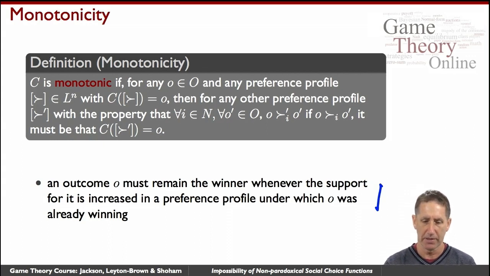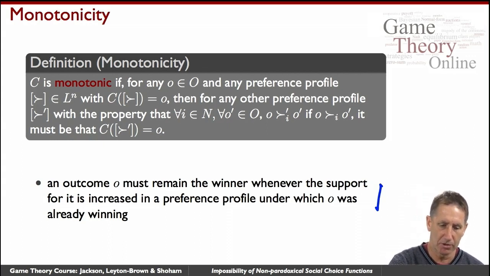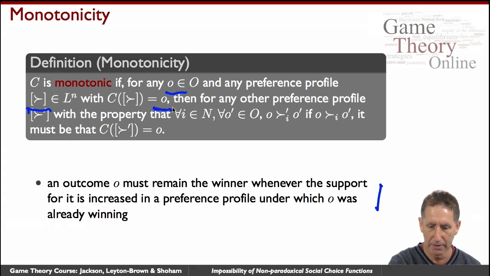So formally speaking, we'll say that the social choice function is monotonic if we take any candidate O, and any preference profile, this one over here, under which O is selected, then